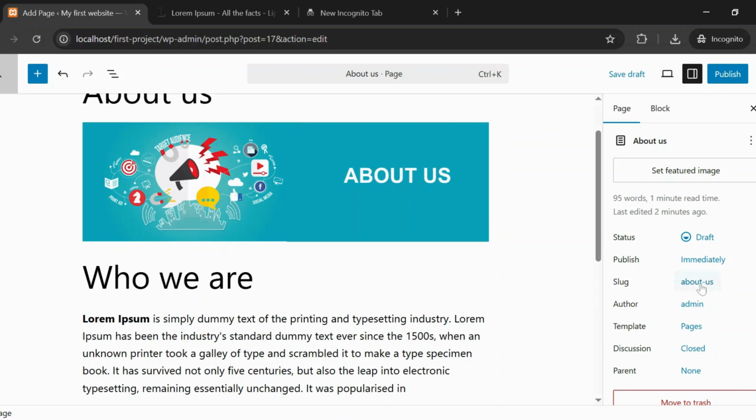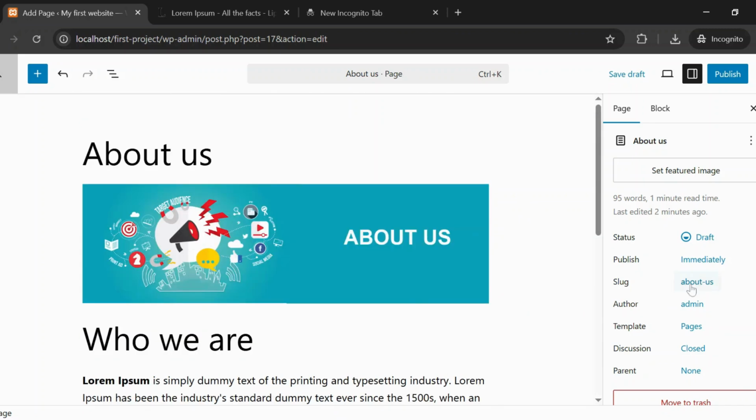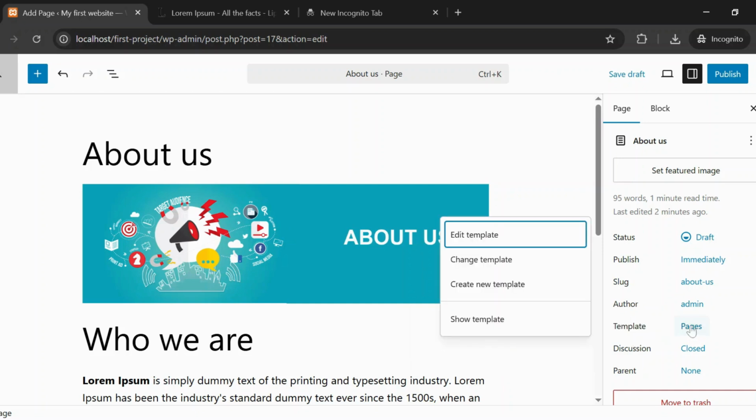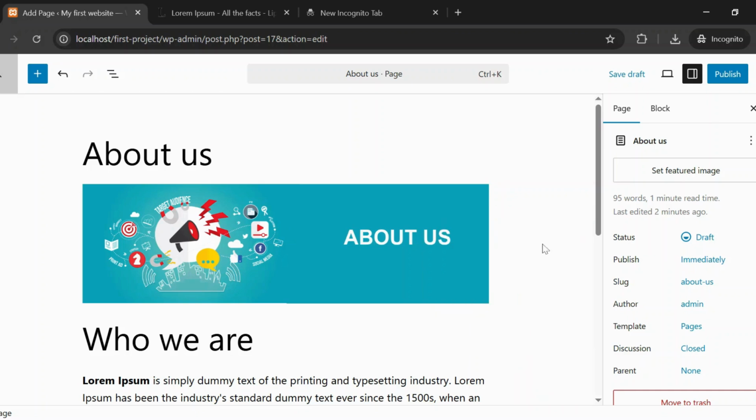And then we have a slug, which is automatically created with respect to your title, and you can also change it before you make the changes live. And author, you can select the author if you have multiple authors. Also, this is a template. This is a default one which is already available with your theme and the default version of WordPress. But you can also change it if you have a custom template. You can apply it, and once you're ready with your page, you can just click the publish